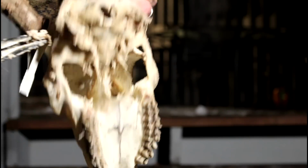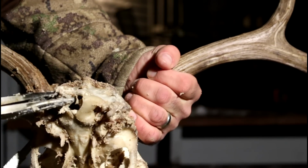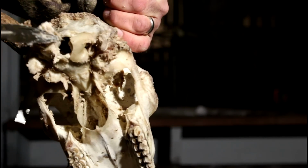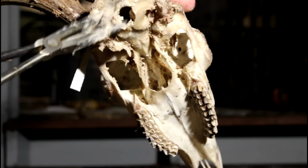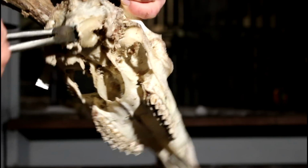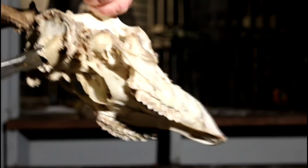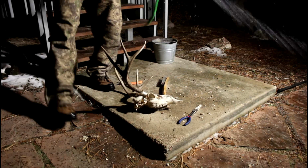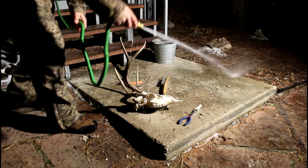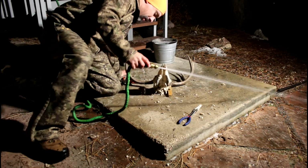You'll notice a hole on the back top center of the skull. Call that the brain hole. That's where the Native Americans would reach in and pull out the brain that they would boil down for help in tanning the hide. This is where all the pros, the taxidermists, use a power washer, but I'm not a pro or